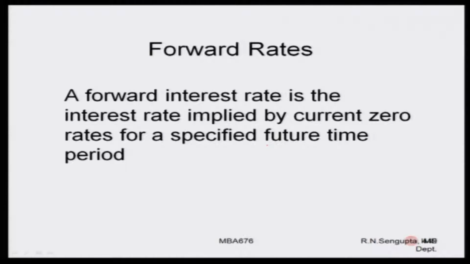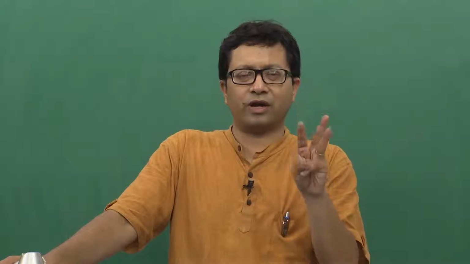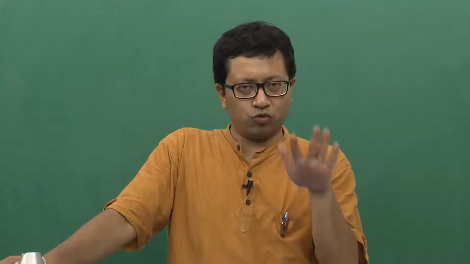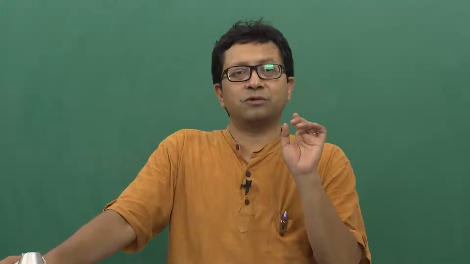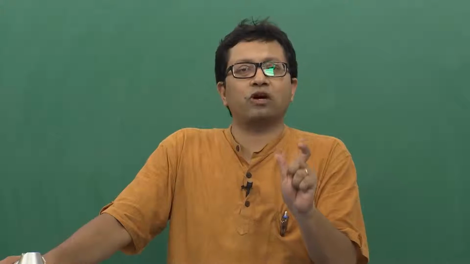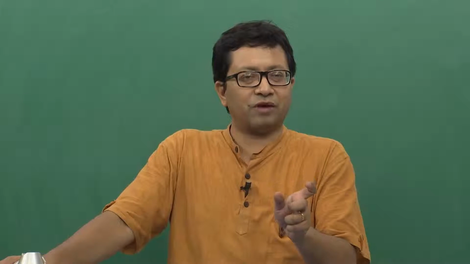So, let me explain with the slides which you already discussed. We had the zero rate for 1/4 of a year, for half a year, for 1 year, for 1.5 years and 2 years. Now, what if I ask you what is the interest rate which is being paid in the time from 1 to 1.5 years? That means we already know the zero rate from 0 to 1 year, and we already know the interest rate from 0 to 1.5 years. So, what we are interested to know is the interest rate between 1 to 1.5 years,